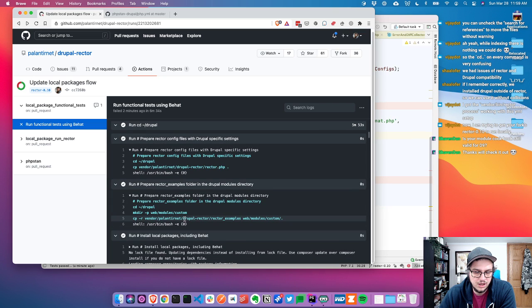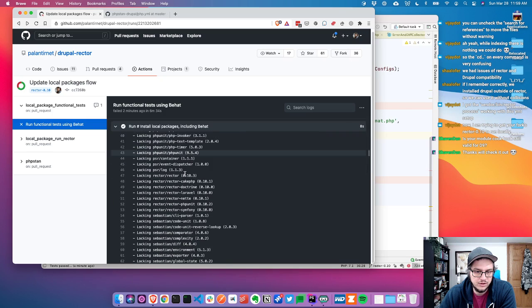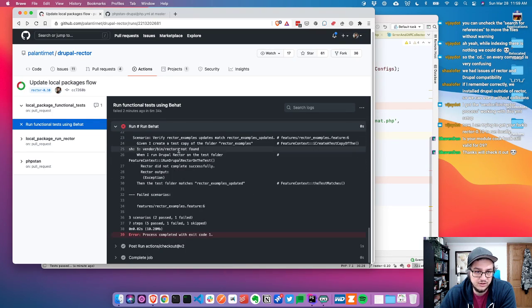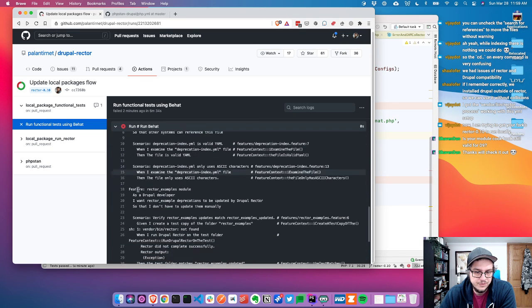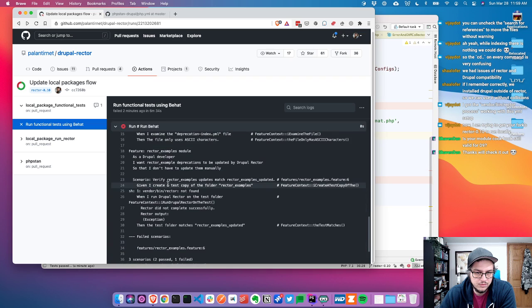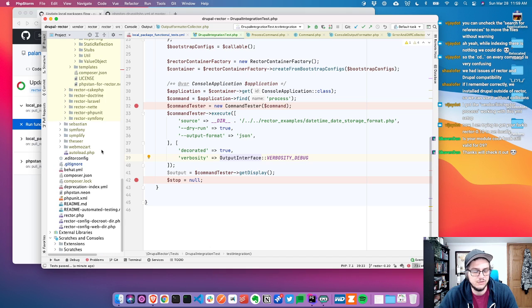It copied in our samples. We installed Behat, we installed our dependencies inside of our package, and we ran. Vendor bin Rector not found, and that's because of the test where I changed where it assumes that things will run inside